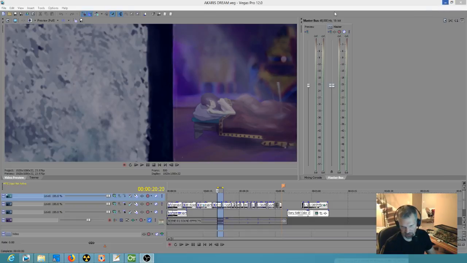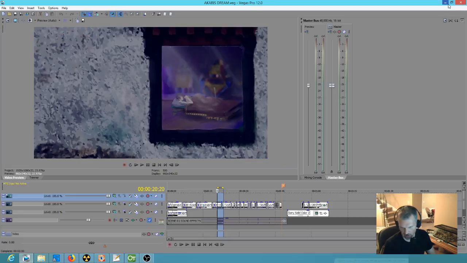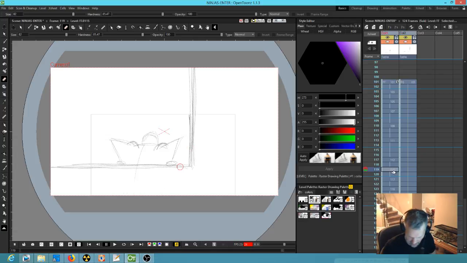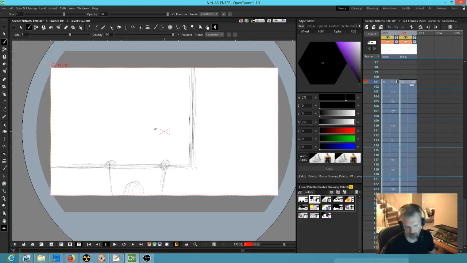So we'll jump back away from Vegas. And while I'm thinking about it, I'm going to go ahead and put that back to auto mode. Okay. So that means when his head gets up to here, so roughly right there is where the bedpost is. So let's just mark that. B key. Okay. So if that's the corner of the bed,